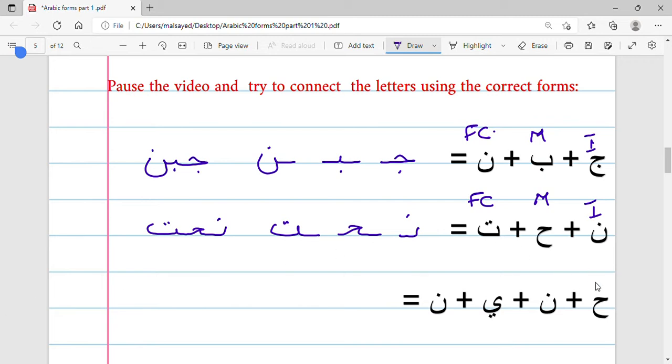The last one, we have the ha as the first letter, so we choose the initial form of the ha. The noon is the second letter, so we choose the middle form. We have the ya also in the middle, so we choose the middle form. And the noon in the end, we choose the final form connected. So let's write the forms. We have the ha as the initial, noon as the middle, ya also as the middle, and the noon as the final form connected. So now we just connect